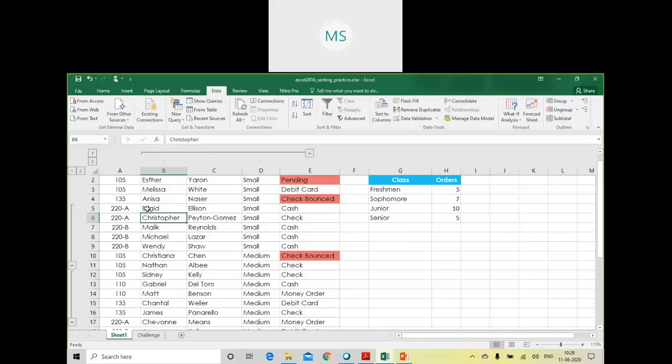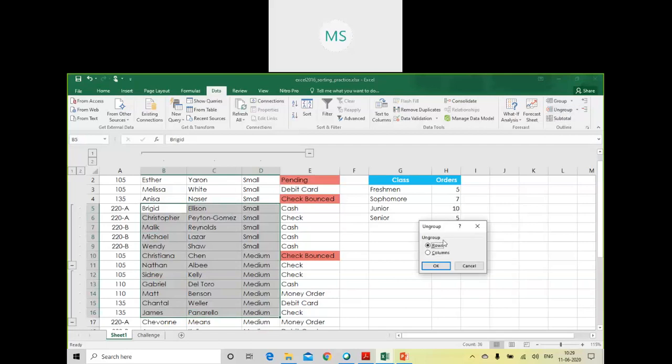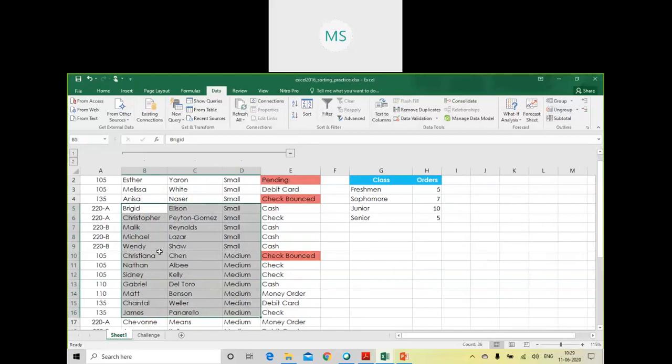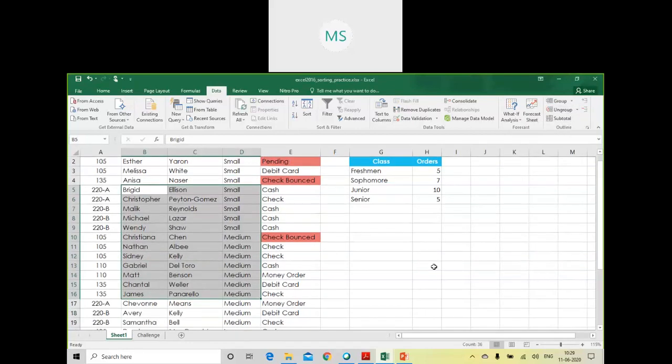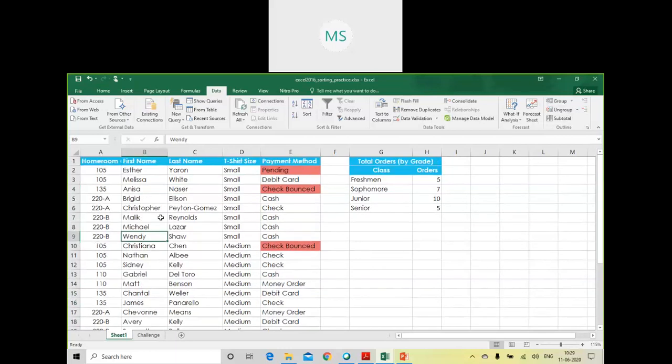Now for that you have to go to that particular section that we have selected. Then you can click on ungroup and the group will be ungrouped. Now here, the same operation is used for removing your group column wise.